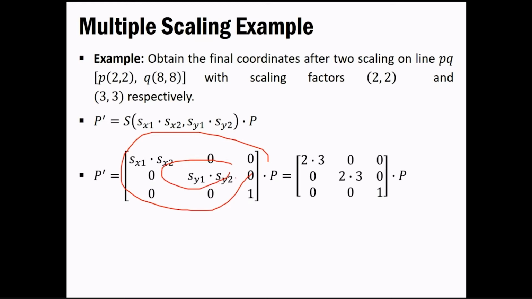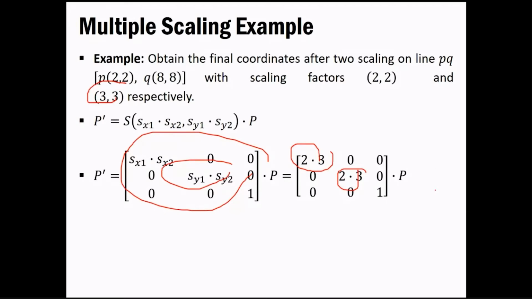Now the factors are already given to us, that is 2 2 and 3 3. That becomes our sx1 and sy1, and similarly this will become our sx2 and sy2. If we have this, then we just need to multiply. So sx1 into sx2 here is 2 into 3, similarly 2 into 3 over here, and you have to keep everything as it is, but obviously into the pixels.